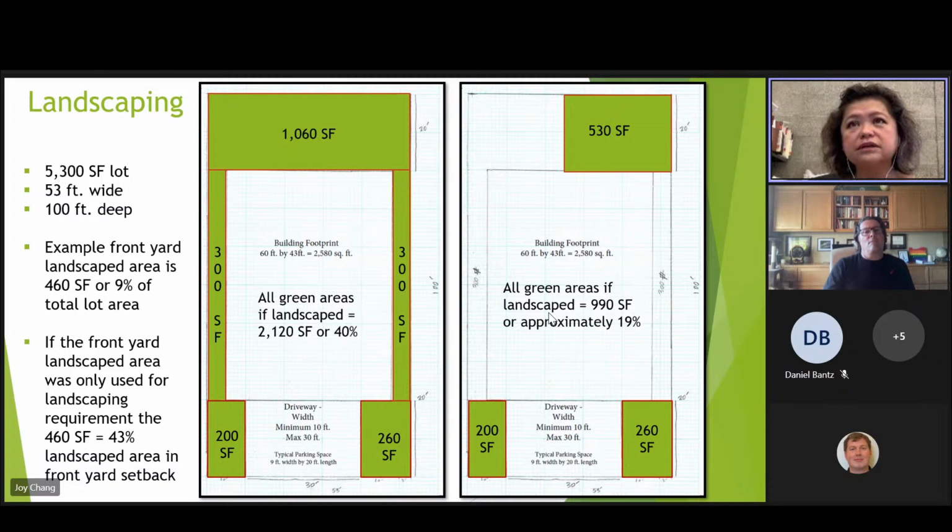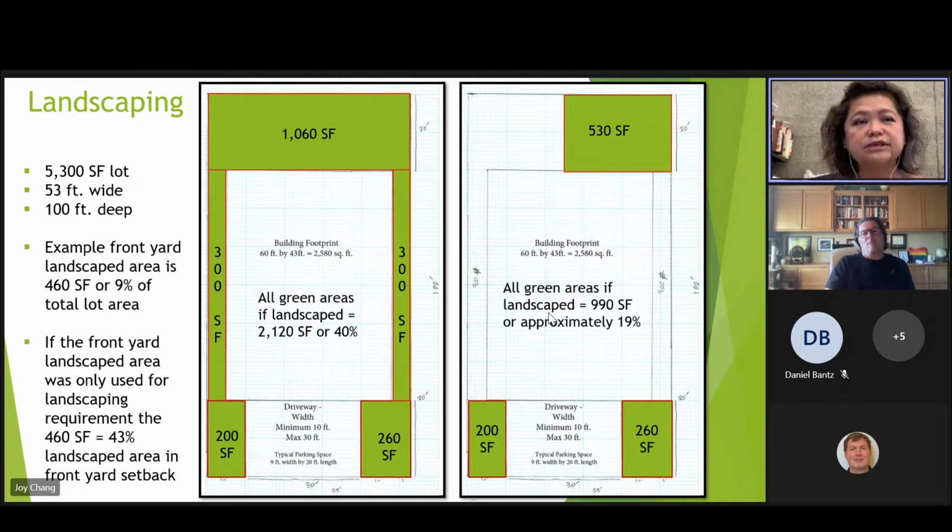We also did different calculations for you, just because sometimes people don't actually do landscaping along their side yard setback. So the image to the right doesn't count the 300 square feet. And also sometimes they don't do full landscaping in their backyard, so we were just taking into consideration half of the backyard. So I've identified in the one to the left, all green areas, if landscape ends up being 40%,